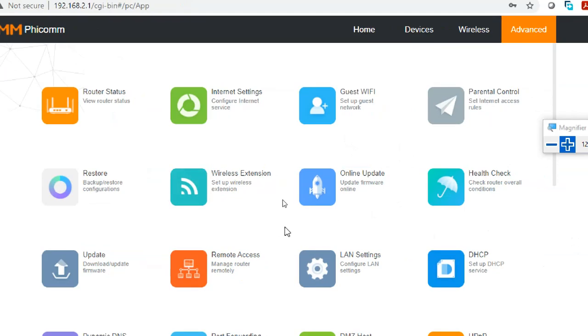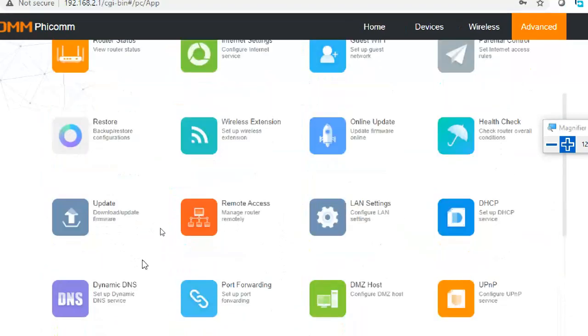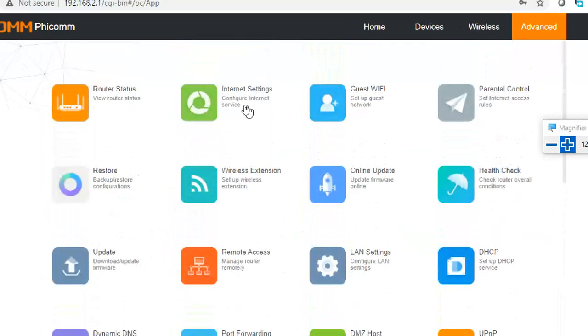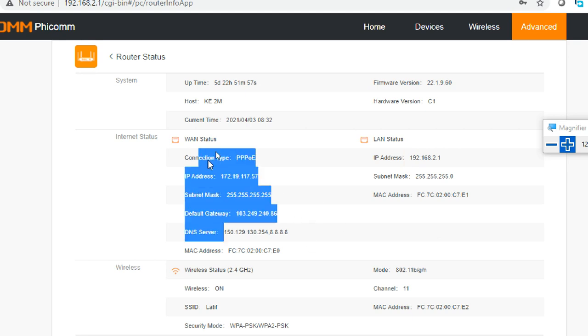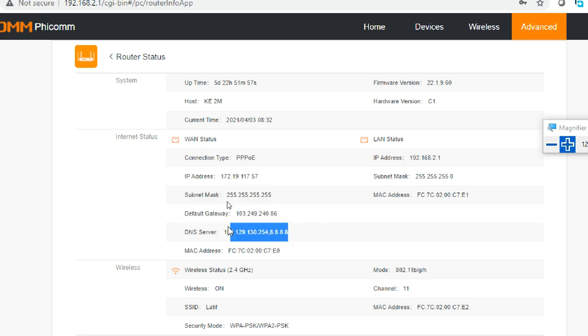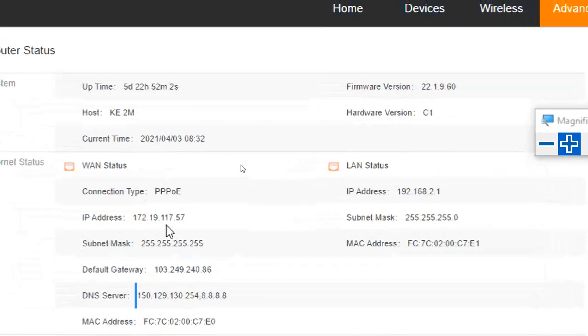Let me go back to router status. The LAN status is showing like this, this is the LAN side and this is the WAN side. The WAN status is also getting an IP address, and it is a different IP.